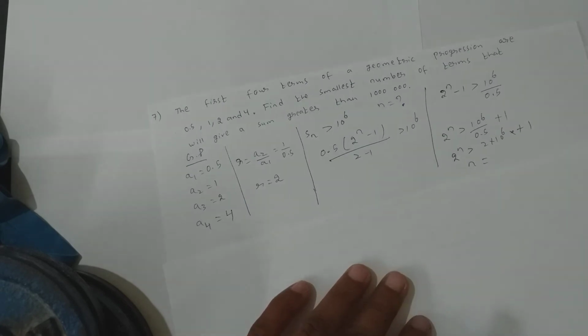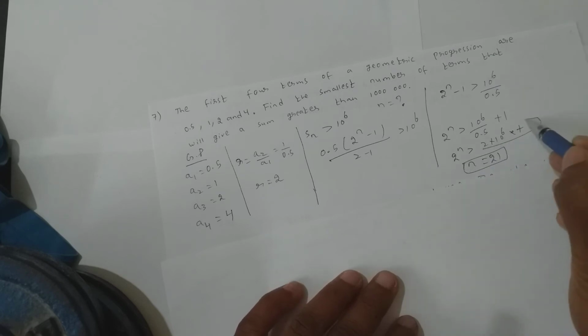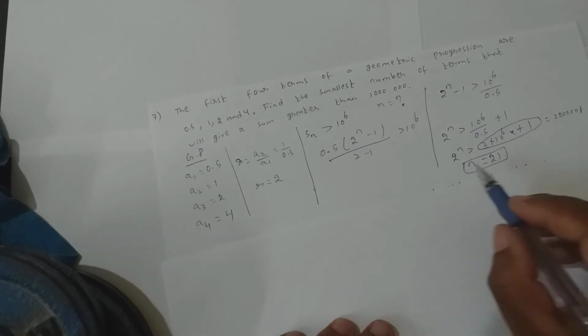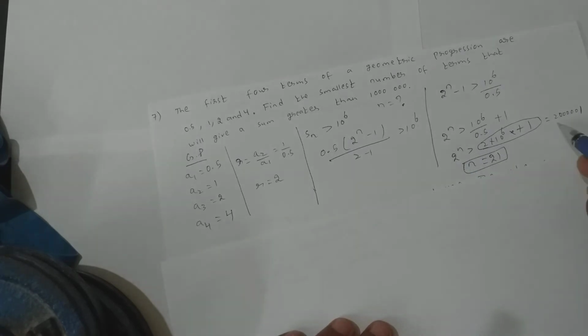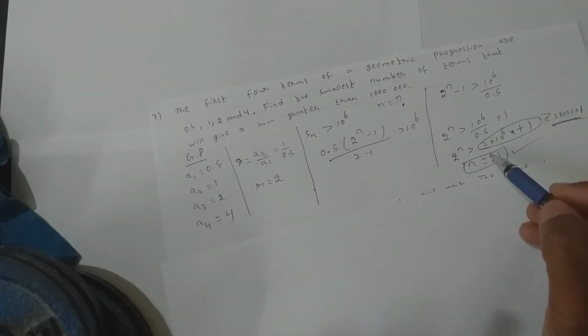By trial and error you need to find out. By trial and error I got n value to be 21. Find out this value. It will become 2, 1, 2, 3, 4, 5, in place of 6th 0 I get 1. So for n equal to 21, my 2 power n will be greater than this. If I take n equal to 20, that result will come less than this. So by trial and error method, I have found this. Are we clear with this kind of a sum? You continue with that greater than symbol, and then by trial and error method, find the value for n.